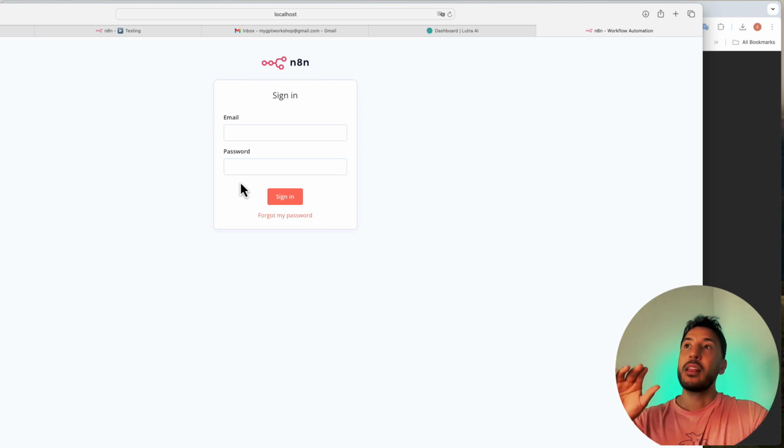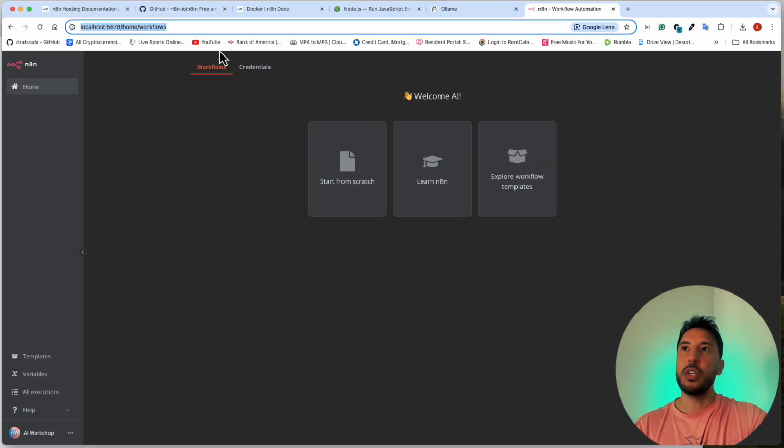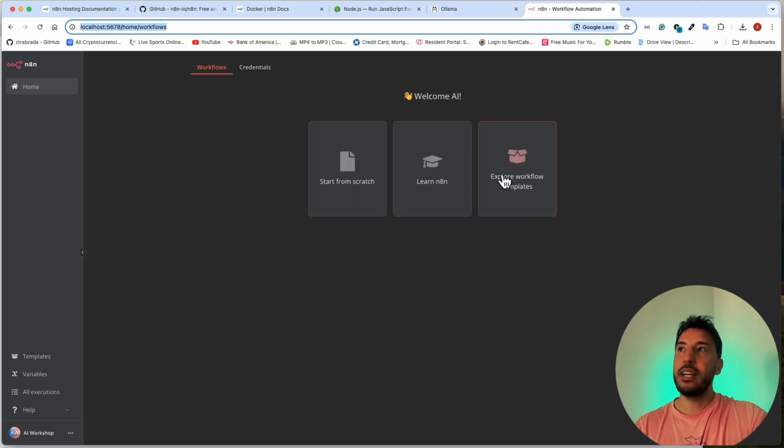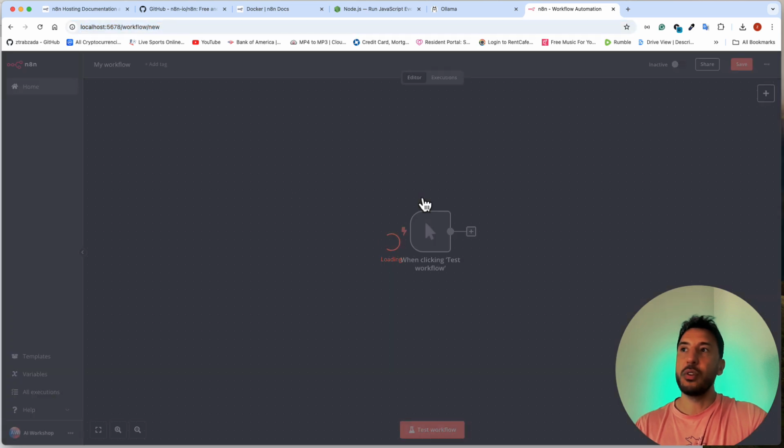And again, the n8n on your local server has no connection with your n8n cloud account. That's why you need to create new credentials when you're using n8n on your local server. So the first time you come, it'll show you the form where you can create a username and password, and then once you sign in, that's it. Every time afterwards, when you go to your localhost, and of course you need to make sure that your n8n is running, it's going to bring you directly here,